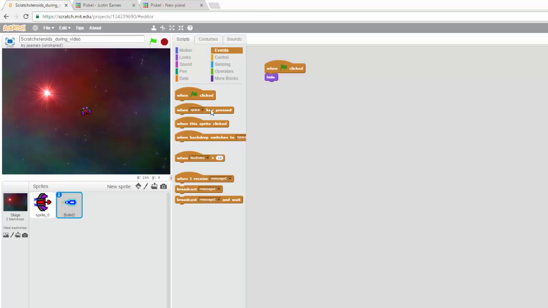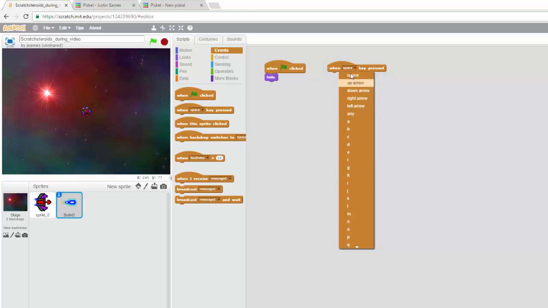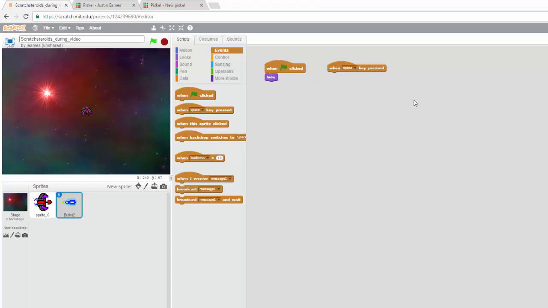Here's how I'm going to do it. I'm going to grab another event, and that's the "when spacebar is pressed" block. I could pick any of the keys, but spacebar is the one I'm thinking of. So when the spacebar key is pressed, I want certain things to happen. The first thing I want to happen is I want the bullet to move to where the ship is,